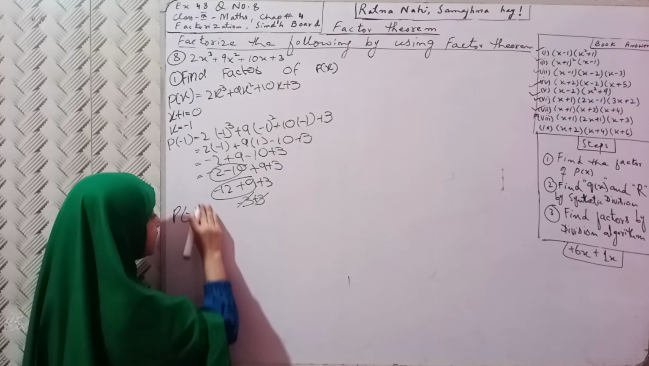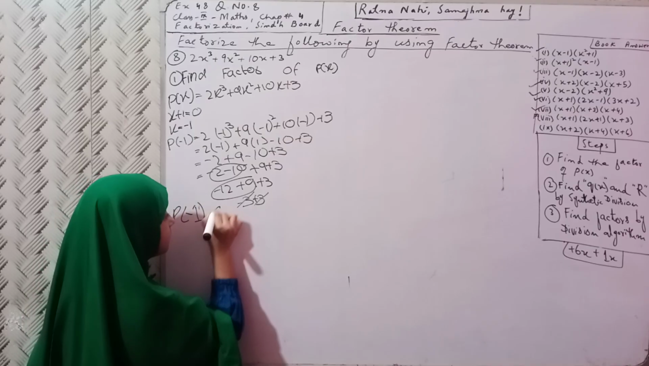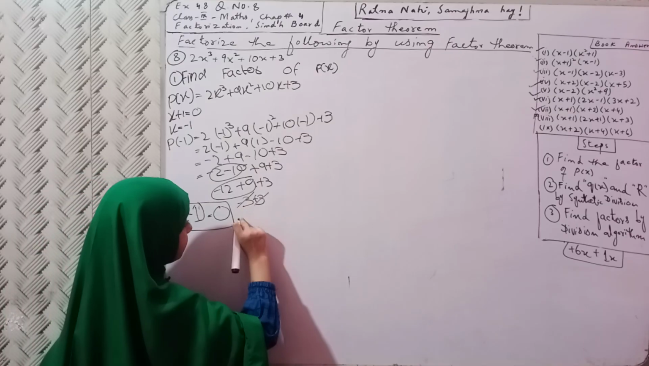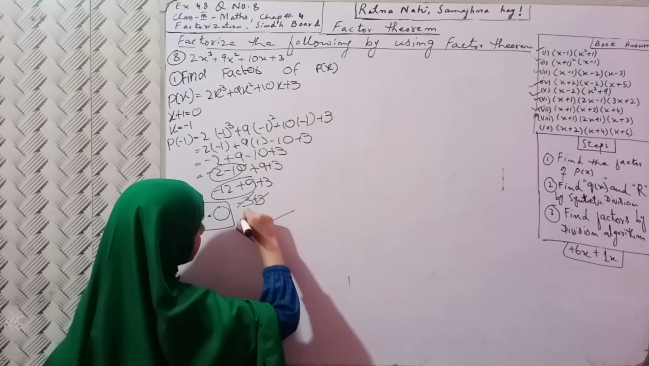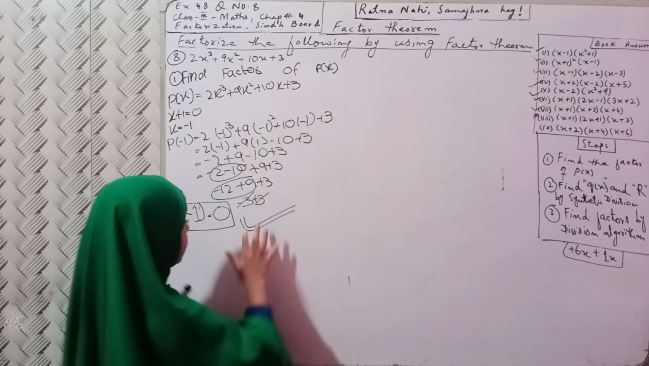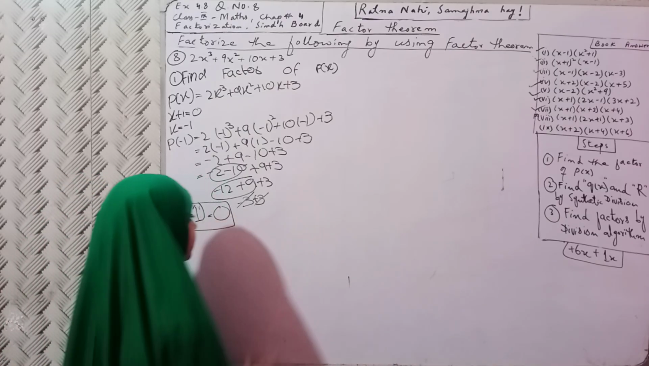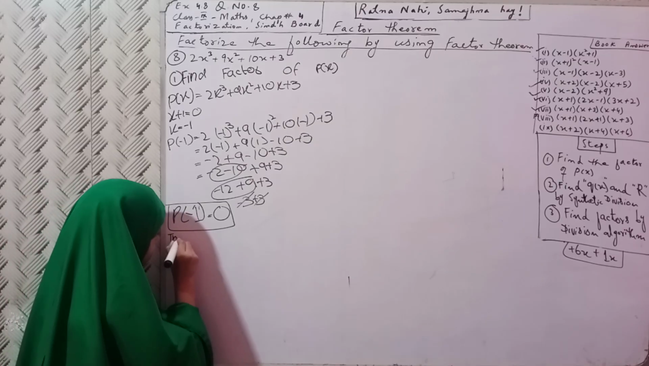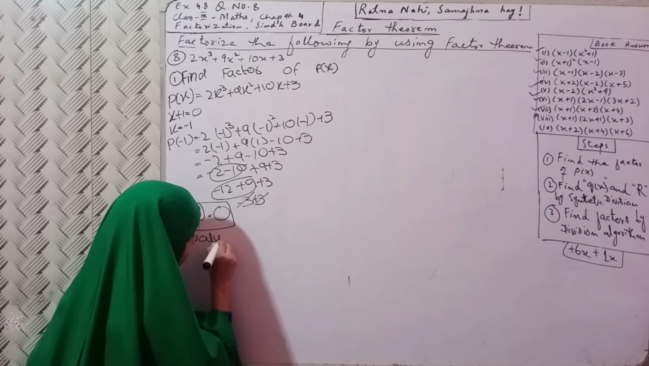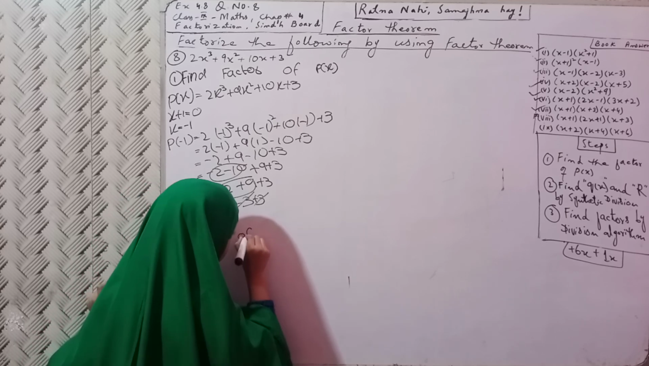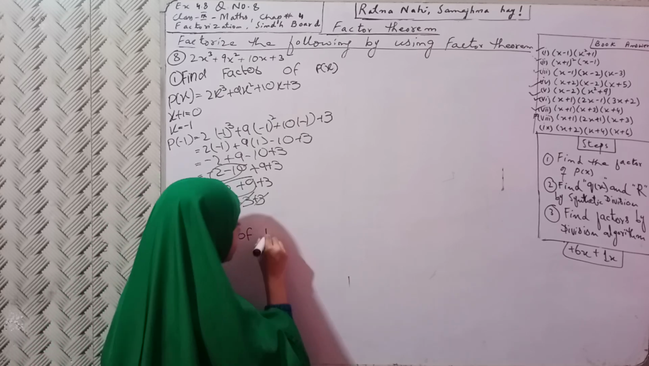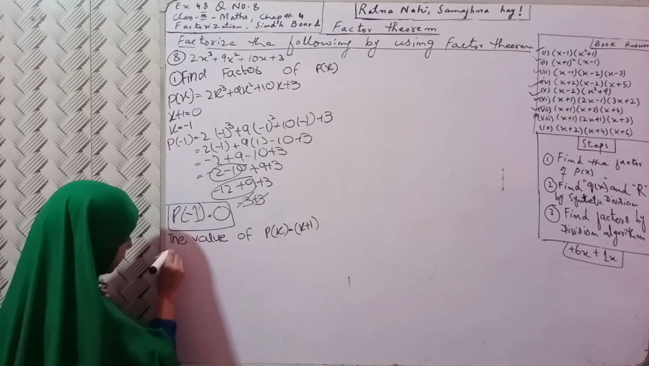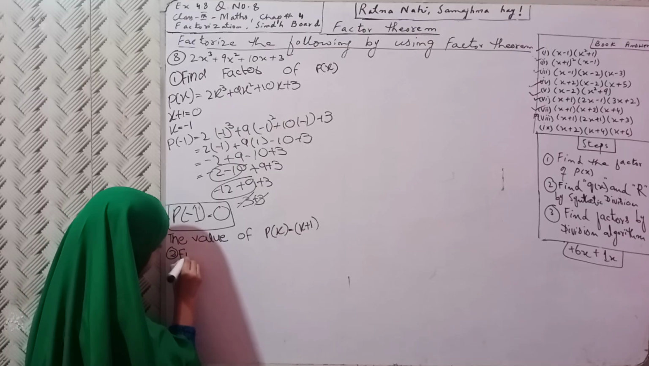So we have finally got 0, and this is our answer. This is correct, and finally we have found our answer 0. So the value of p(x) is equal to x plus 1, and the second step is find